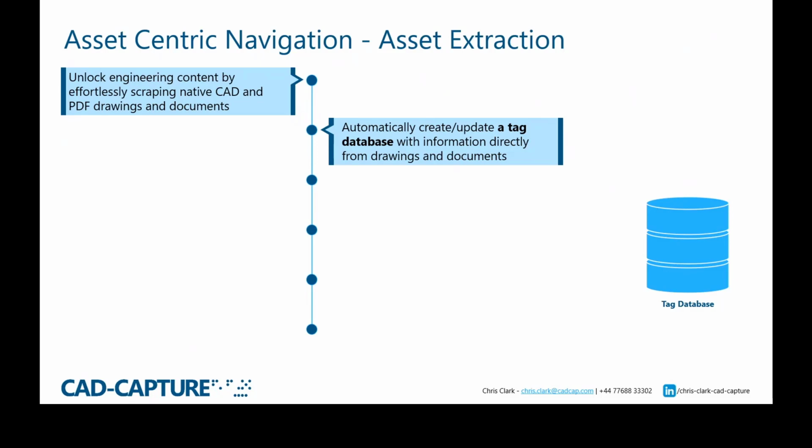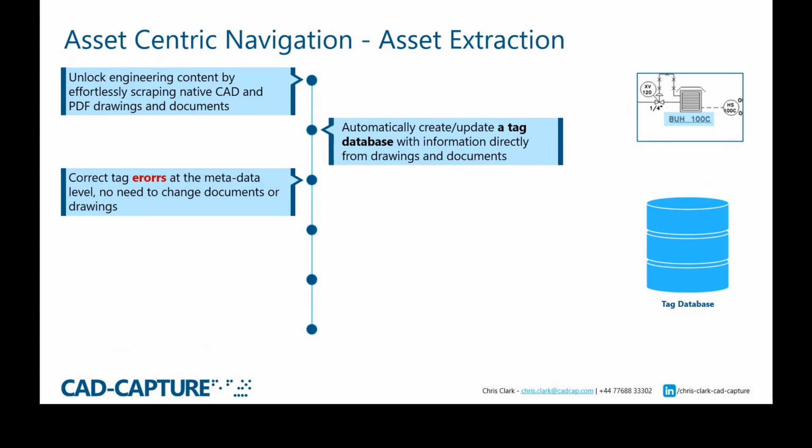The ability to identify, extract, categorize, and validate, as I said, as many different asset tag types as required, and keep this maintained over time, ensures the tag library is always kept up to date. This can then be compiled in the database or library, uploading and then in future updating the information directly from the drawings themselves.